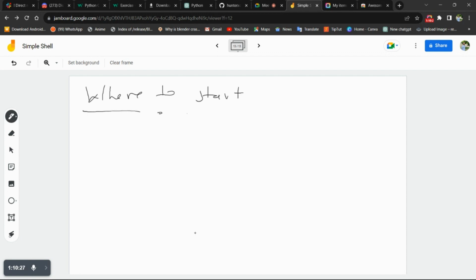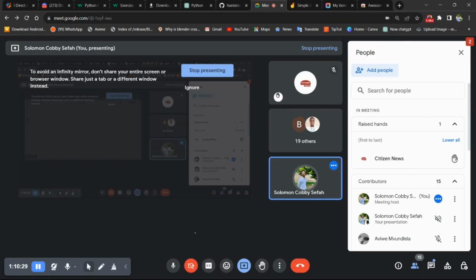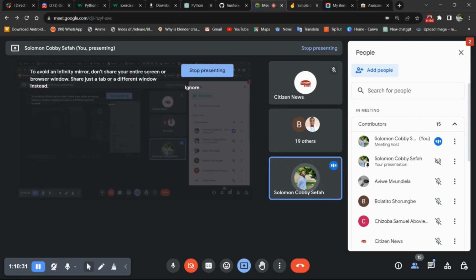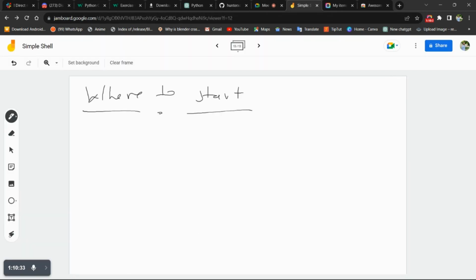Where to start in building a simple shell? Where to start? Yes, please, you have a question? No, go on. Okay. So where to start in the implementation of our own simple shell? Good. So this is how I've taken time to